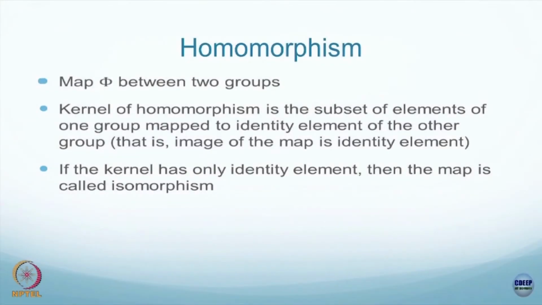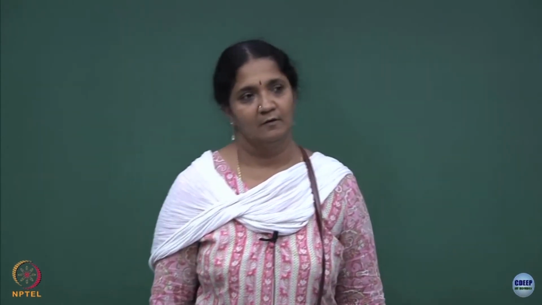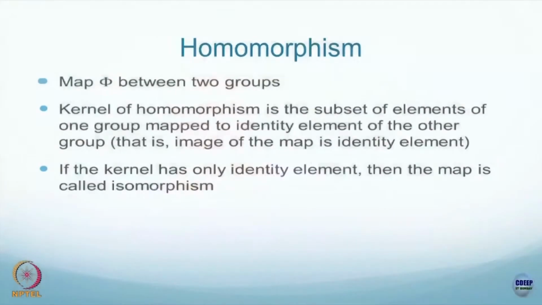Okay, so I just went on to homomorphism very quickly, and there were some questions at the end, so I thought let me clarify homomorphism. So, the first thing is it is a map between two groups. We wrote this between group G1 and G2, we can write a map,